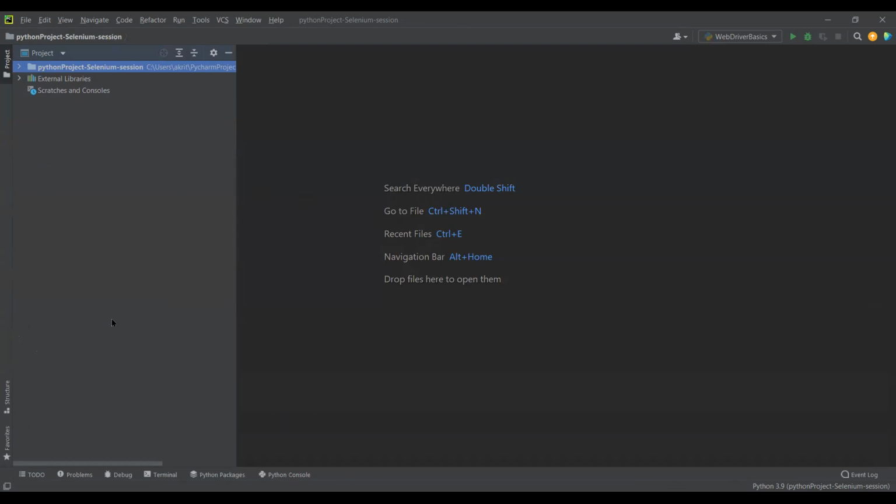It is easy for you to manage all your scripts using PyCharm, because in Python you can work both ways. Either you can go by console, or you can use an IDE. And using an IDE is better to manage your test scripts.